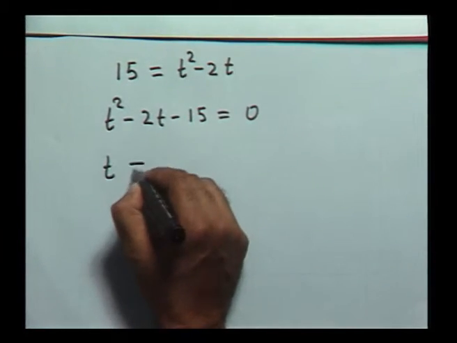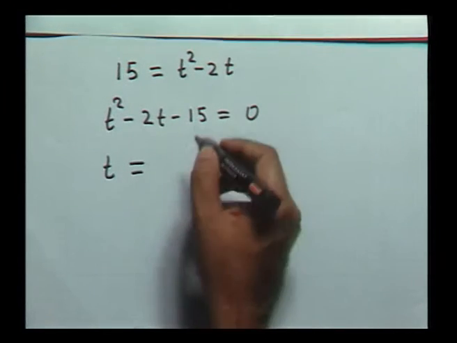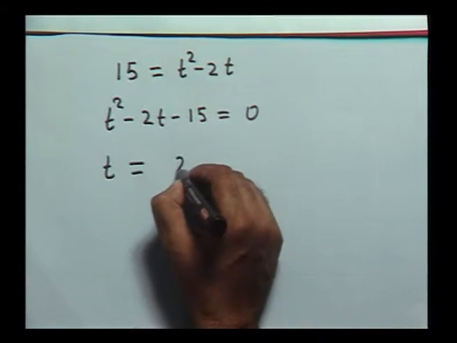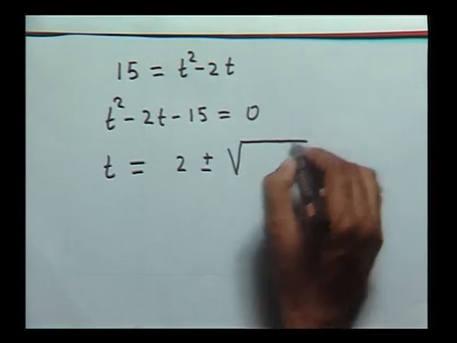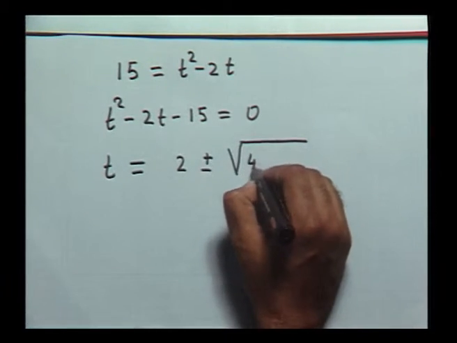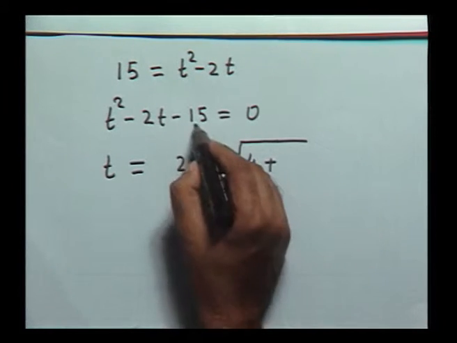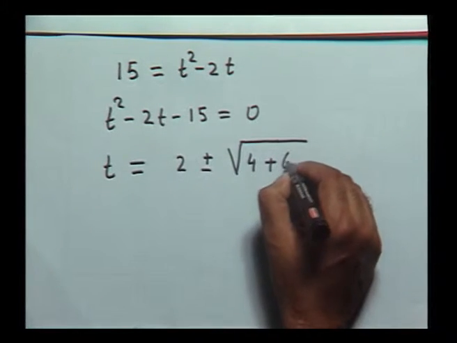That gives me t, solving the quadratic, t is equal to 2 plus minus under root b square, that is just 4, plus 4ac, 15 into 4, that is 60